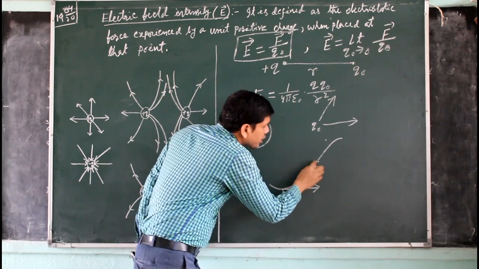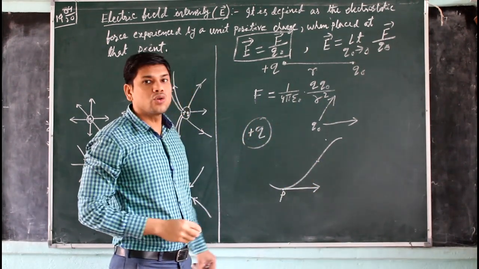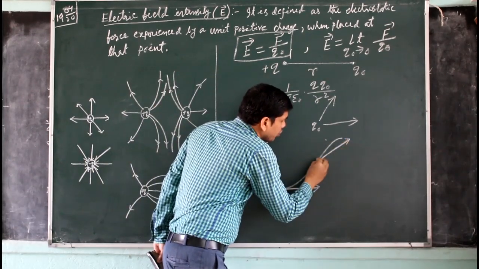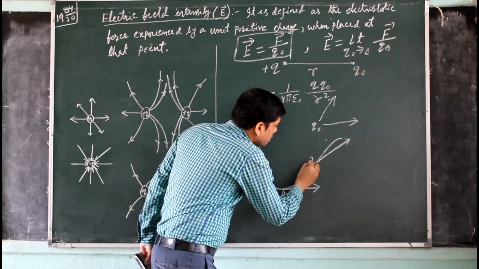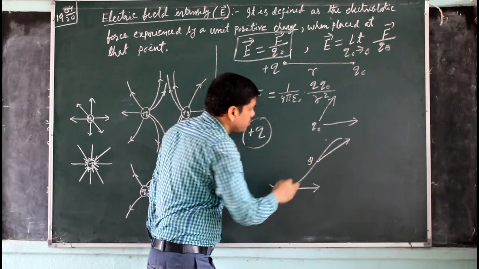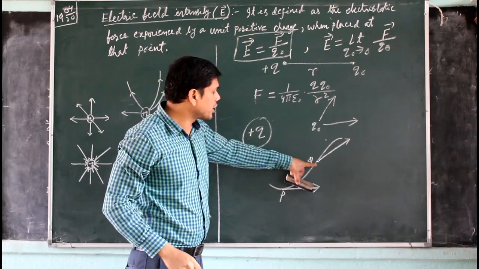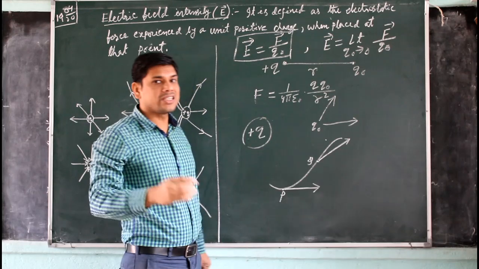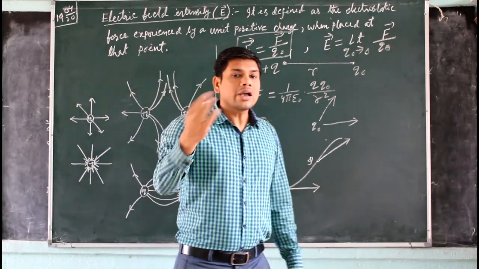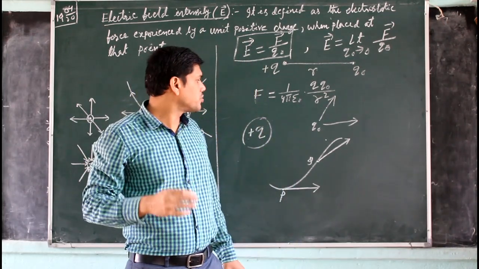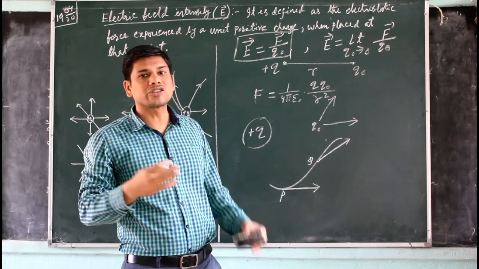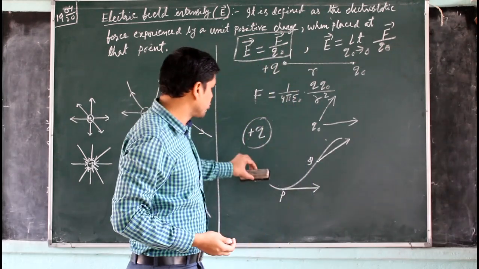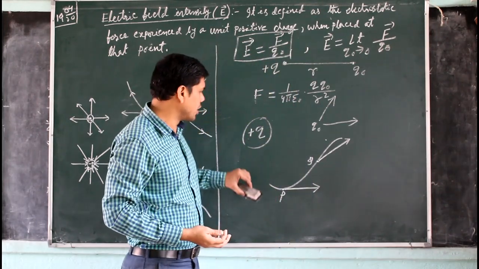If we want to find the electric field lines here, what do we have to do? We have to draw a tangent at this point. So, the electric field at this point, let this point be denoted by Q, is along this direction. The electric field is always tangent to a curve at any point. This is the direction of the electric field. And in the case of a straight line, it is simply the direction along the straight line. So this is the concept of electric field lines.